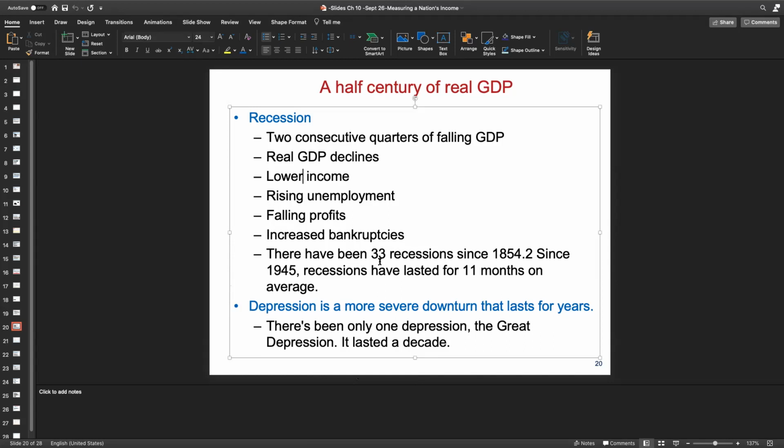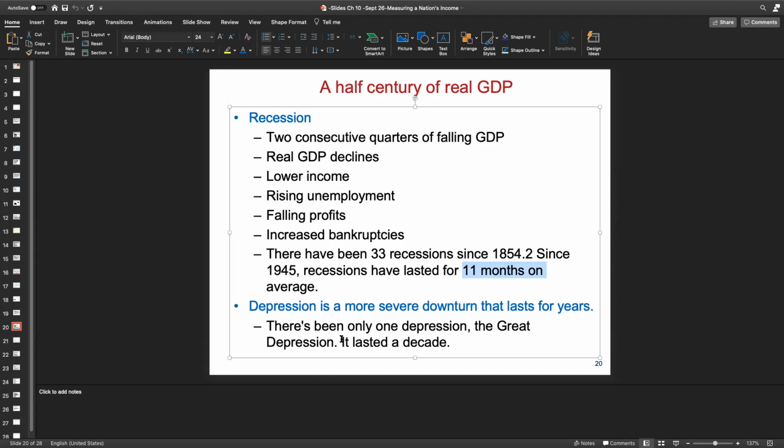There have been 33 recessions since 1854, and two since 1945, and recessions have lasted for 11 months on average. So usually, basically, on average, as we mentioned, the average was about 18 months since